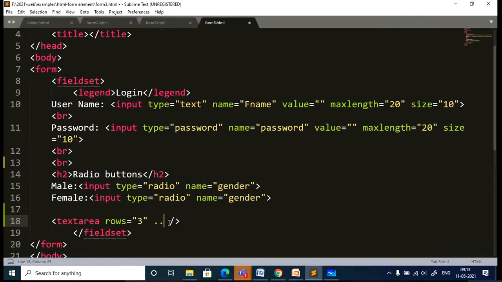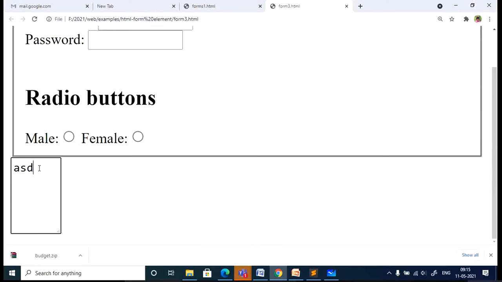I'll just remove these dots. So for text area, here I am specifying rows equal to 5. This is not an input type directly, it is the textarea tag. For text you use input type equal to text. This is how you get the text box where you can enter.